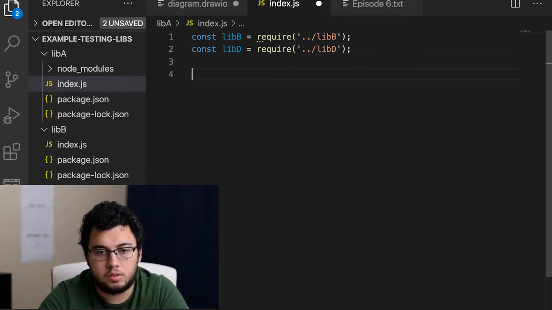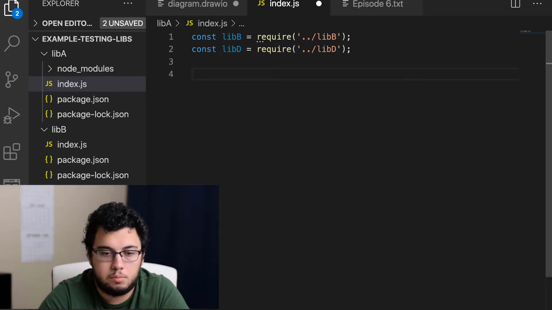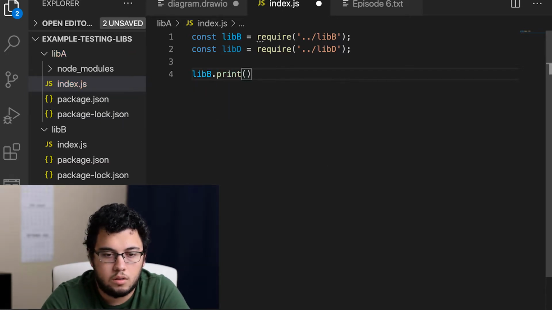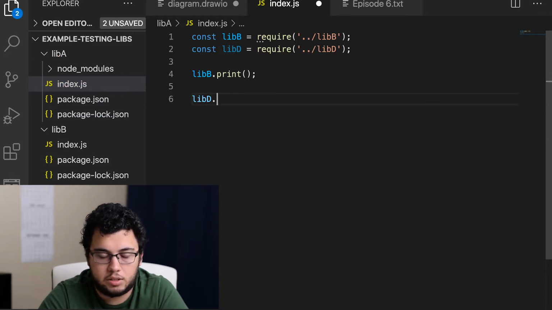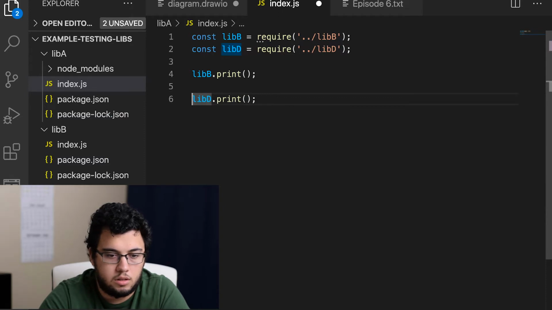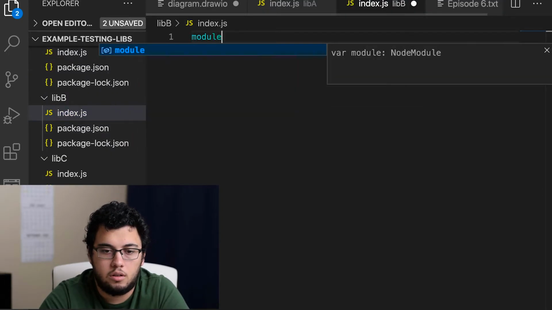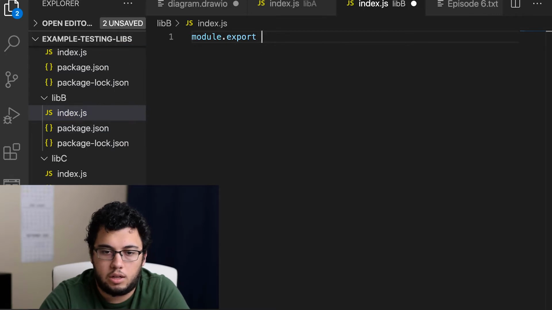And we're just going to say that each one of them is going to have a function called lib.print, so that we can actually see what they're printing, and they're going to console log. So we'll save that. Then lib B is going to have a function that, let's just say, it exports